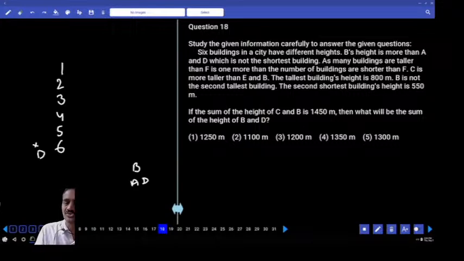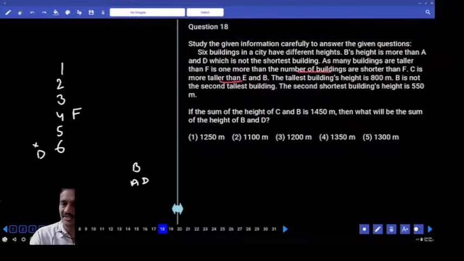And as many buildings taller than F as 1 more than the buildings shorter than F. Now shorter than F there are 2, and as many buildings taller than F, 1 more than shorter than F. Shorter than F there are 2 and taller than F there are 3. And the next one,